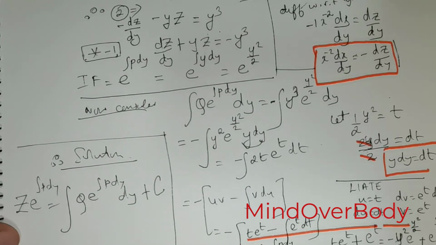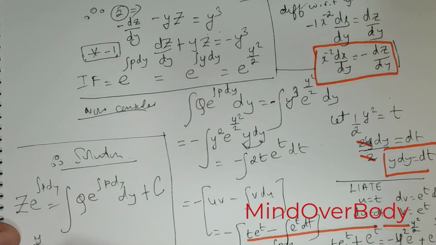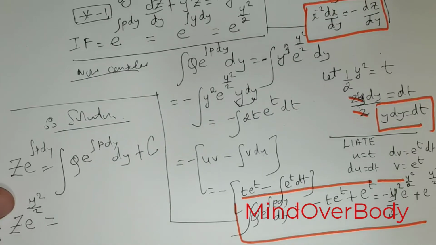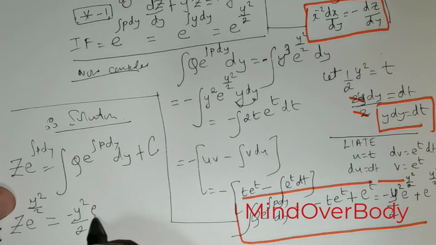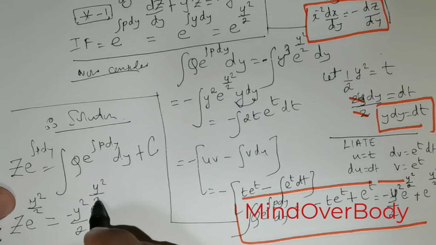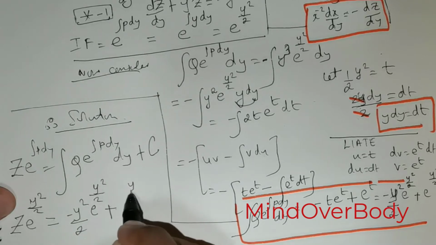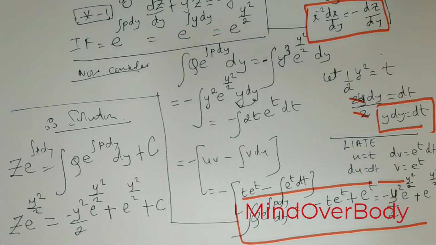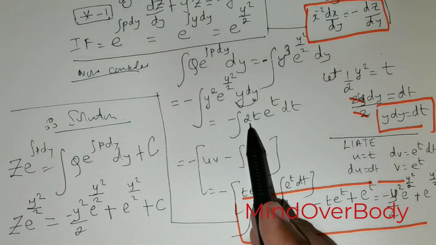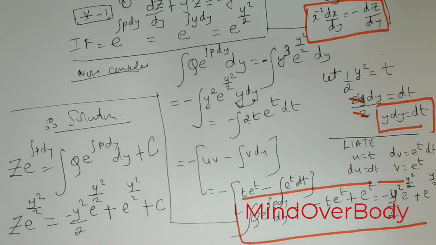So we can substitute e raised to the power of y squared over 2 is equal to, for this we have already got this, so it's going to be negative y squared over 2 times e raised to the power of y squared over 2 positive e raised to the power of y squared over 2 positive arbitrary constant c. Now we need to take into account the presence of a 2. Probably we missed that 2 there. So if I were to place that 2 inside,